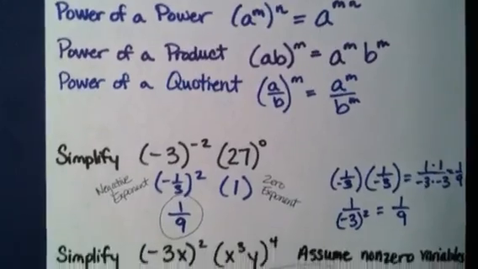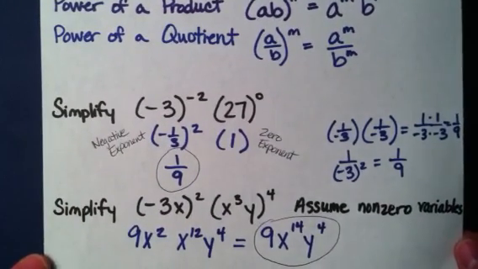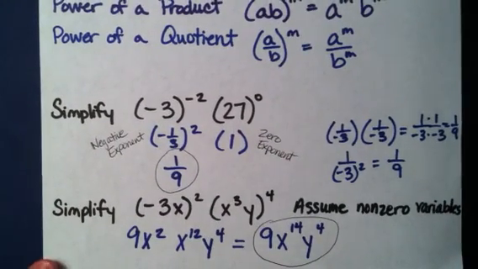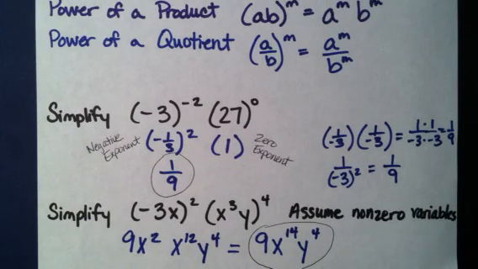Let's try one a little bit harder. Okay, if we're asked to simplify (-3x squared) squared times (x cubed) to the 4th times y to the 4th power, assuming that these are non-zero variables, -3 squared is 9, x squared is just x squared, x cubed to the 4th becomes x to the 12th because we multiply the numbers since it's power of a power, and then y to the 4th. We have two that have the same base, so we can use the